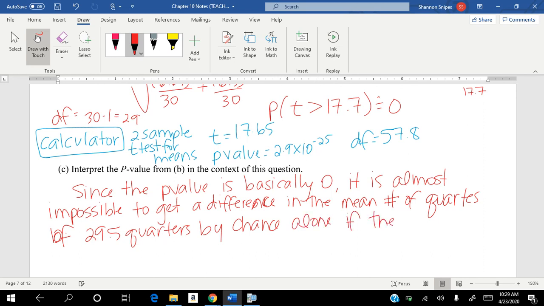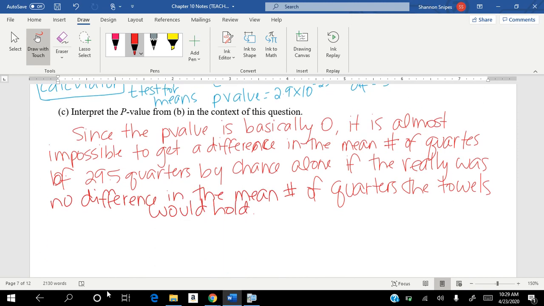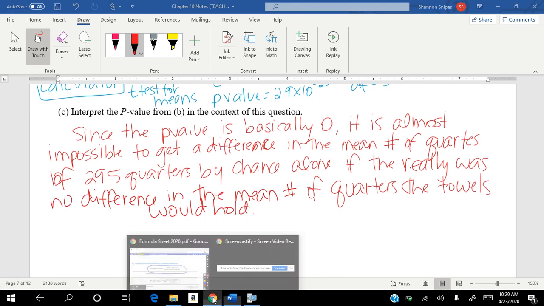If there really was no difference in the mean number of quarters, the towels would hold. And that's significance tests for